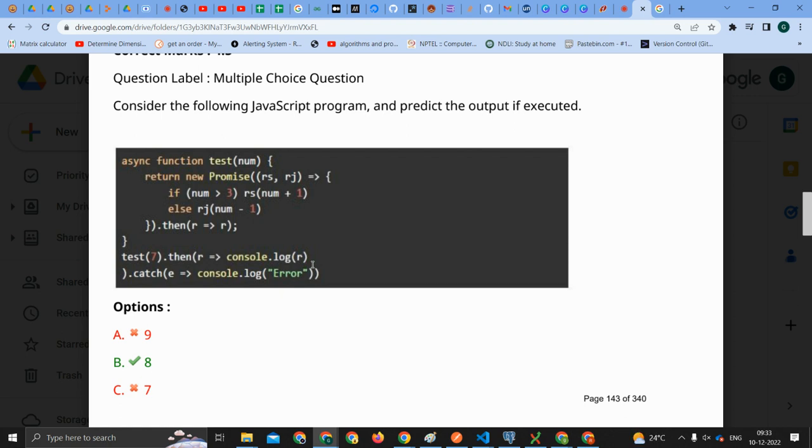Else we will reject with num minus 1 as output. So we have then, with r as r. Now when we are calling this test function and giving 7 as the parameter,